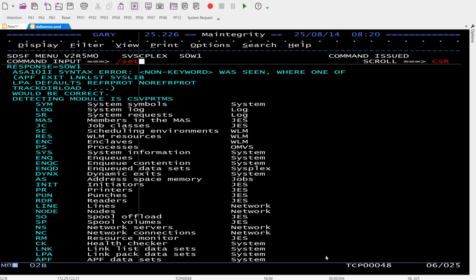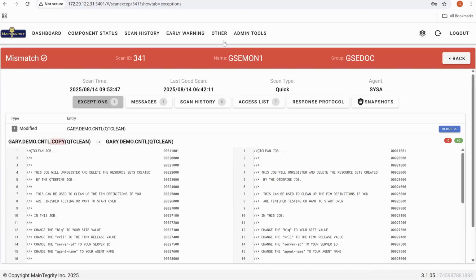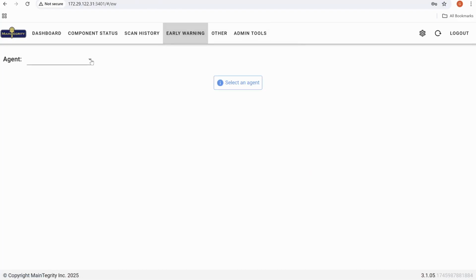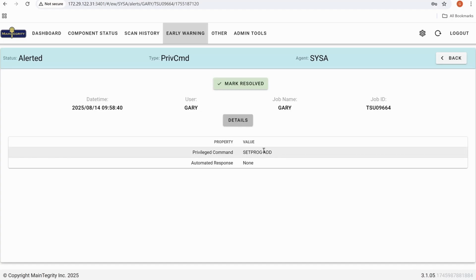I don't know what the threshold is, but if I just do this again, it doesn't matter that the syntax isn't right. I should detect that in my browser, and I'll just go to early morning here, and what time? 9:58. There's my user ID, and it says that I did a privilege. It says I did two of them, which I did, so it must be set to one. But there you go. So it just tells you that at this time I ran a SETPROG.